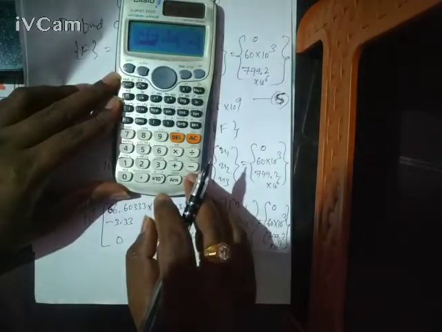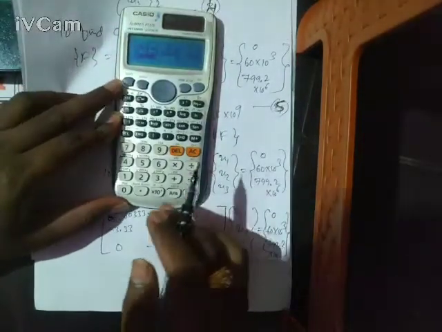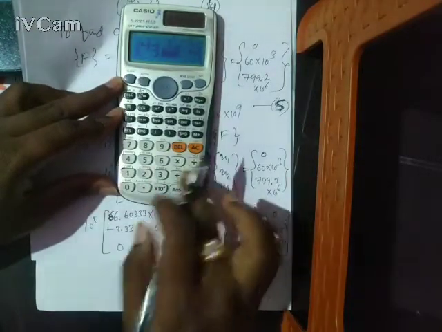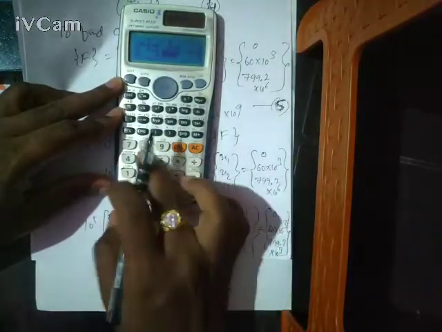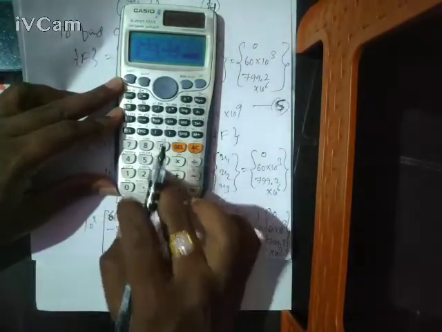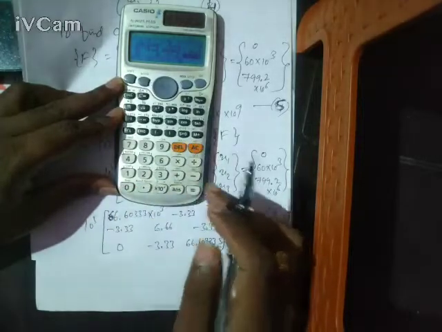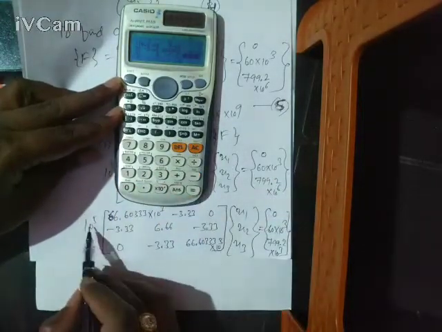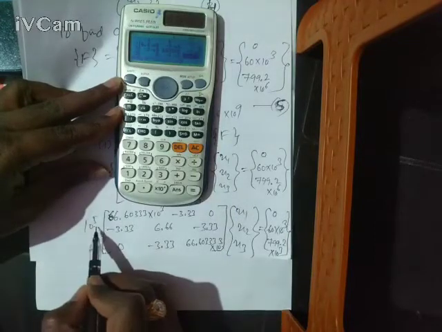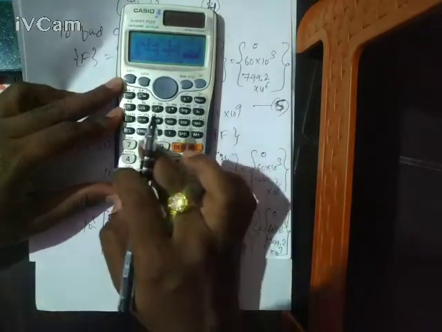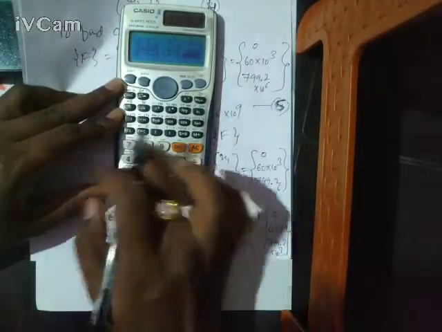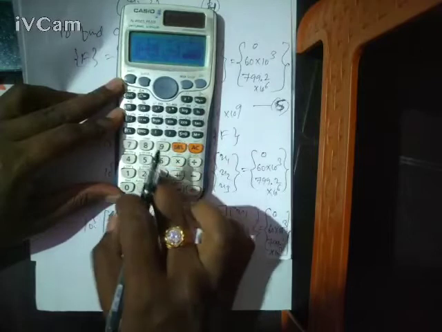Okay. So next, now the third row I am entering 0, minus 3.33 into 10 to the power 5, 66.60333 into 10 to the power. I think friends, while entering this I should be very careful. This 10 to the power 3 plus this 10 to the power 5, when I add, I will be getting 10 to the power 8. Okay, and D2 is 799.2 into 10 to the power 3.